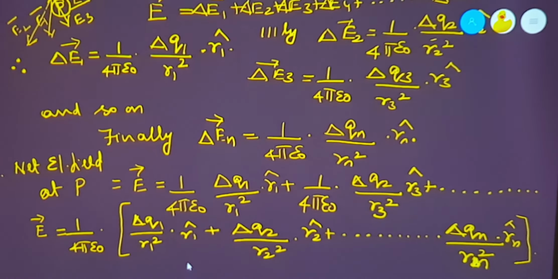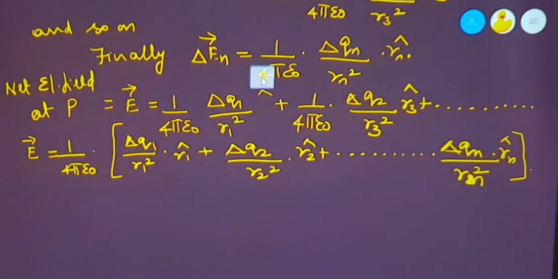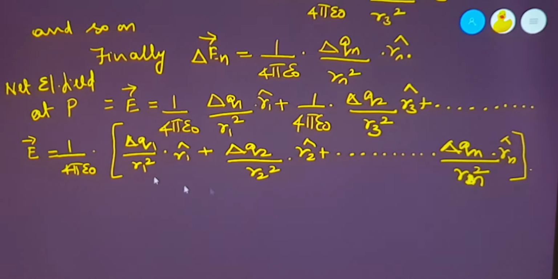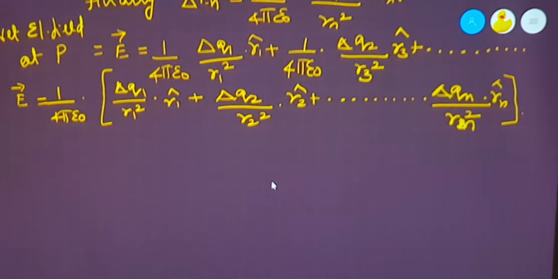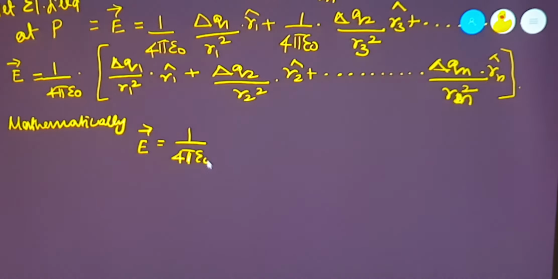Now, since I have taken it as delta Q1 by R1 square into R1 cap, and so on, I can write all these in a mathematical form using summation. So mathematically I can write it as E vector is equal to 1 by 4 pi epsilon 0 into